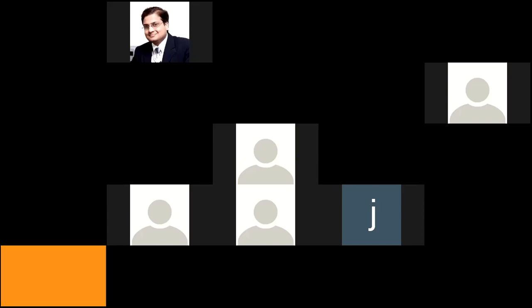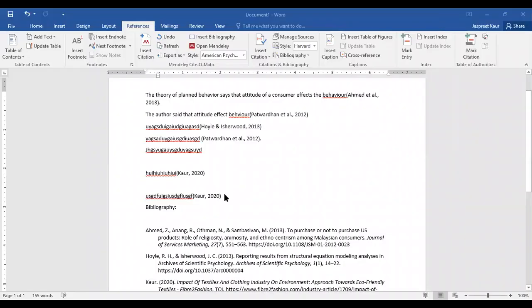What I'm trying to tell you is that even in Mendeley, sometimes you will have to go manually. Oh, I wasn't sharing the Word screen. Okay, sorry. Just a second. I wasn't sharing the Word screen, I think. Just got into the flow. Okay, let me share. Again, I'm doing it for you people.